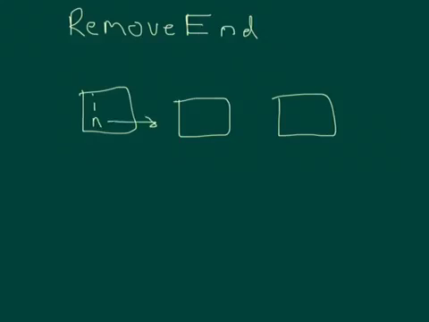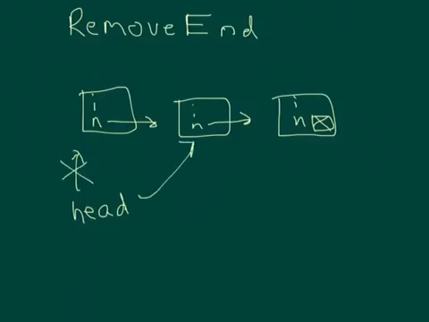I'm just not going to list the items for brevity's sake. All you have to do is you walk head down the list until you reach the penultimate node. So you walk head down until it's pointing here. So you say head equals head.next. And the moment you hit the penultimate node, meaning when head.next.next is equal to null,